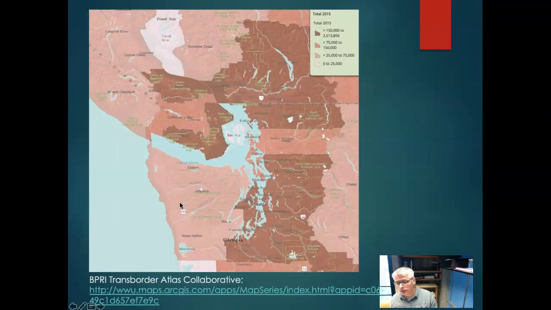Those are two separate maps, but they're not brought together. So here's a map that brings those data together across the border, showing the general populations of different areas, showing high density populations through southern BC, Whatcom County, and Island County, which is Whidbey and Camano, Skagit having a lower density, and then pretty dark all the way around to the peninsula.